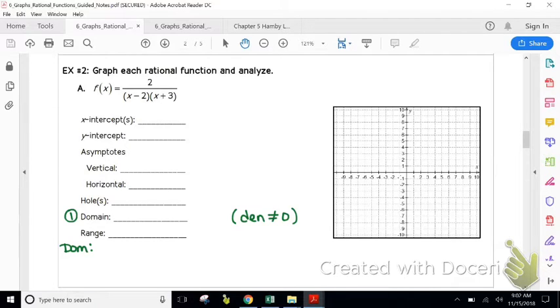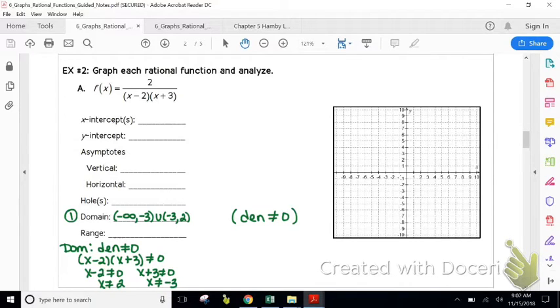So my domain is going to be, you said it's where the denominator cannot equal 0. So that means where x minus 2 times x plus 3 cannot equal 0. Set them individually, then not equal to 0. And so we know x cannot equal what numbers? Good. X cannot equal 2 and x cannot equal negative 3. So we're going to write it in interval notation. So it's going to start at negative infinity and it's going to go to what number? Negative 3. Good. And then from negative 3 it goes to